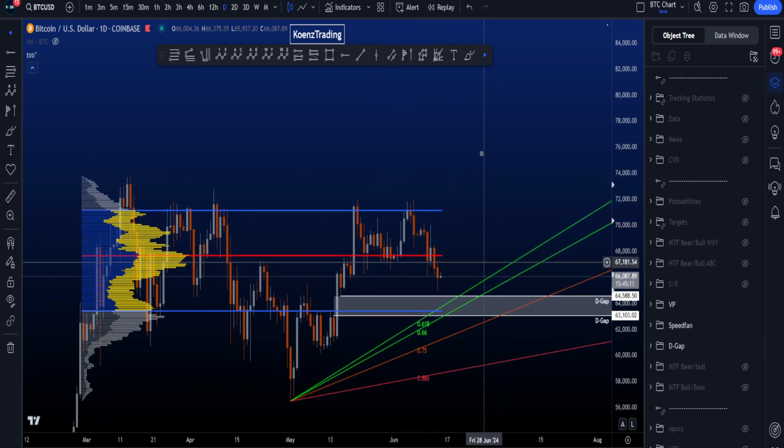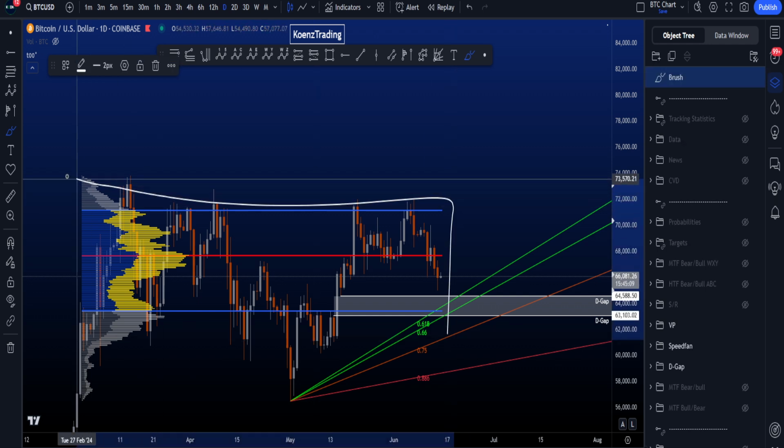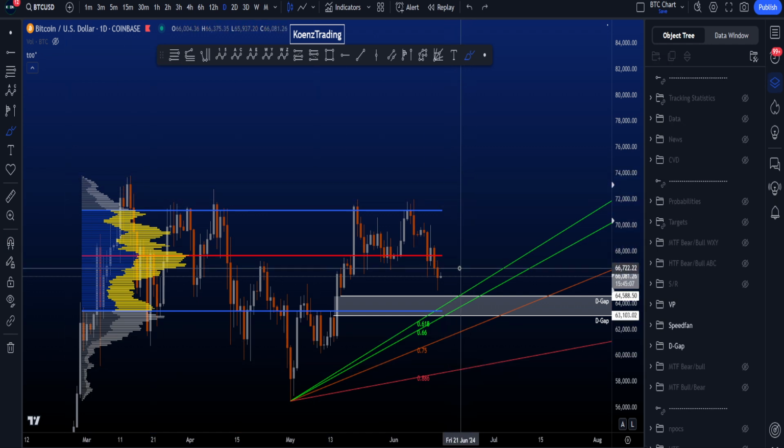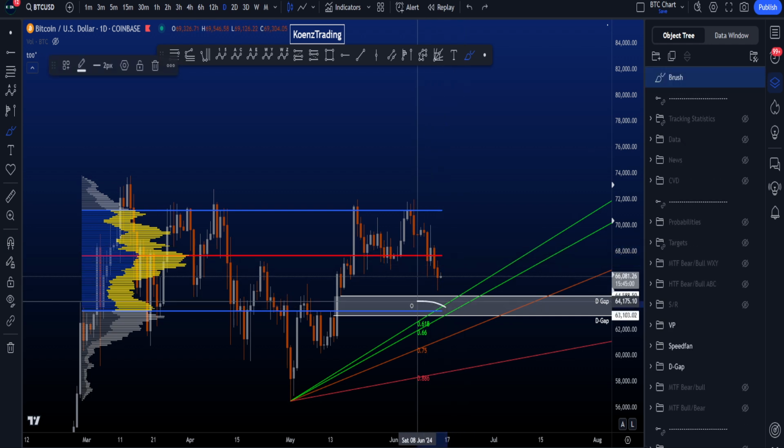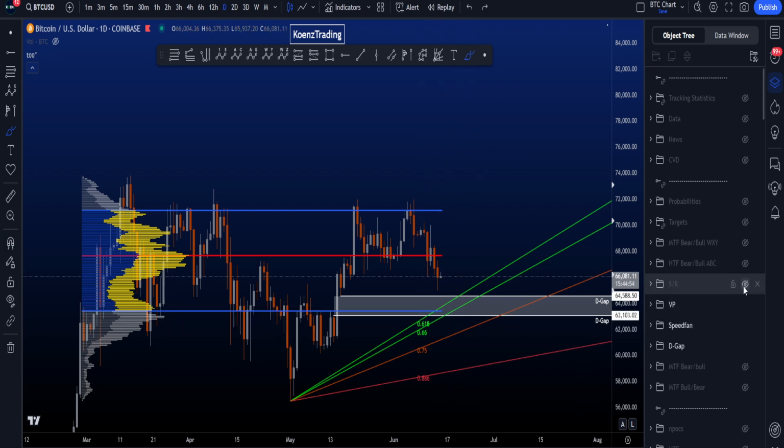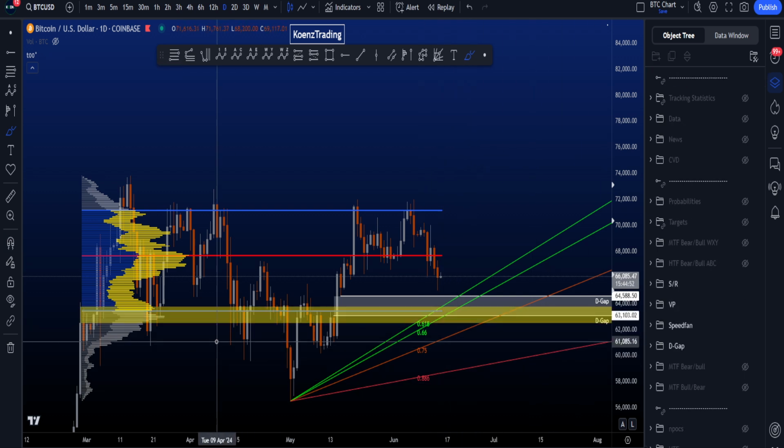If we then also open the volume profile of this whole range to see what the volume has done so far inside this range, you can see that we are now below the point of control and the value area high is at a similar level as the low of the gap as well, adding a nice bit of confluence. And then finally, a support resistance area in this range, which has played an important role, is also at